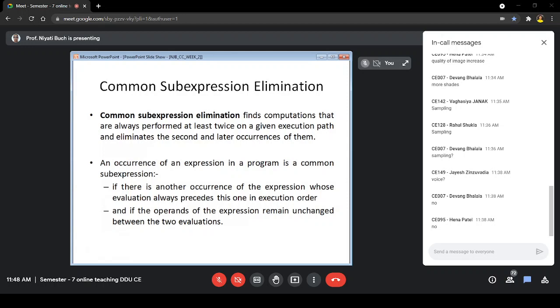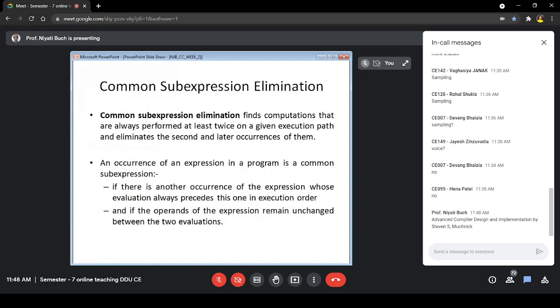So the example I'm going to discuss today is from this particular book. This book is actually used not for the undergrad level, not for this 7th semester subject, we use this textbook for the advanced course, so you are not required to refer to it in detail, but there are some examples which are very well given in the book. So let us start with the topic.